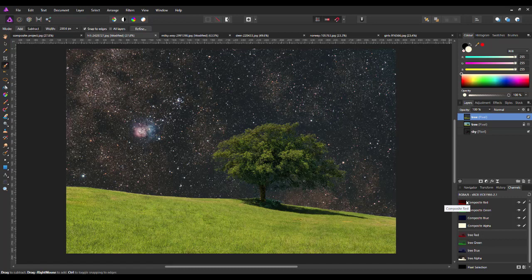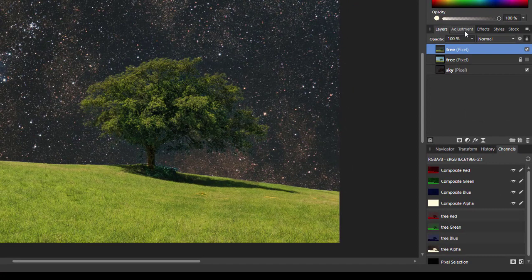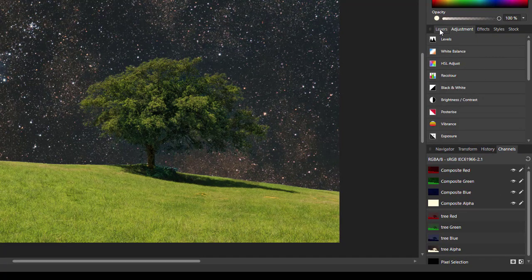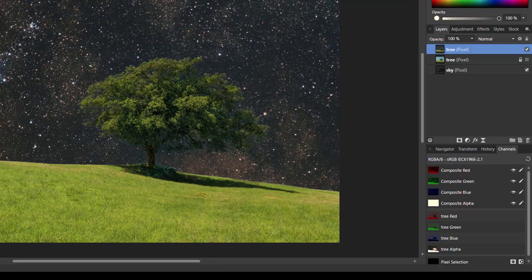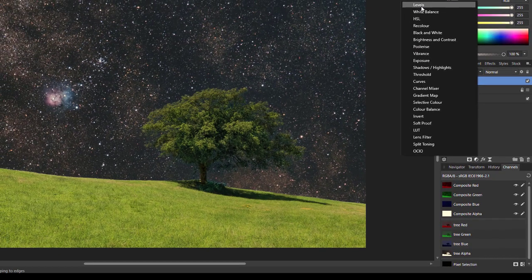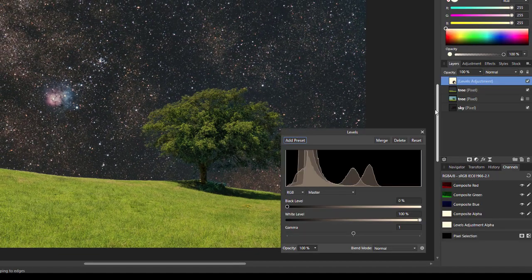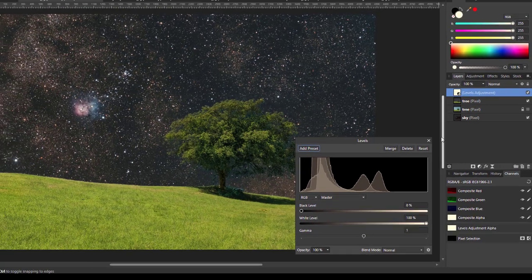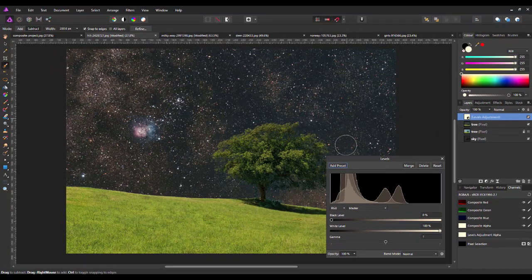So what I'm going to do now is add a levels adjustment to this layer. You can do adjustments either from the adjustments tab, or from up here from one of the menus, but I prefer to use this black and white circle and just select levels. And then, before I actually make any changes, I'm going to click and drag this layer down